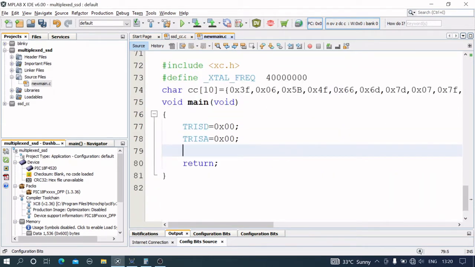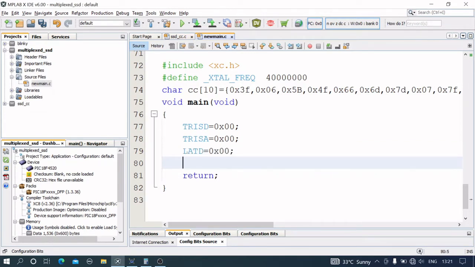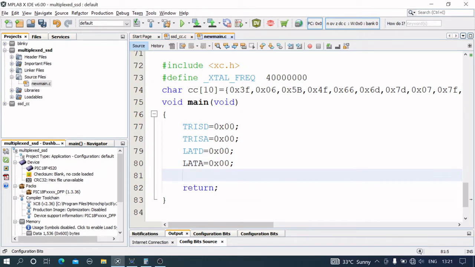Initially we will write LATD is equal to 0x00, so the default value for all the bits is 0. Same for port A, 0x00. Now inside while(1)